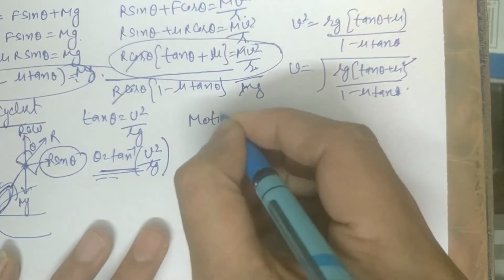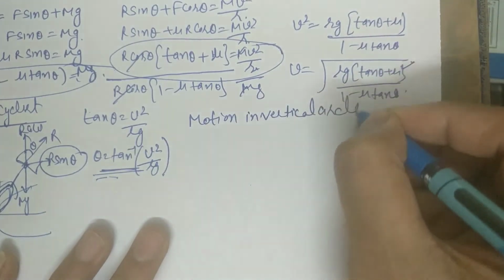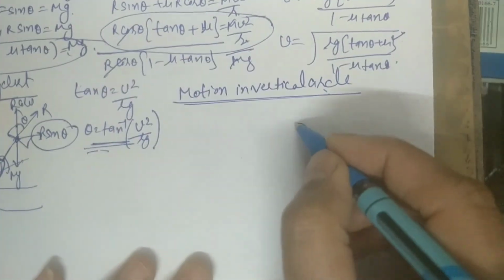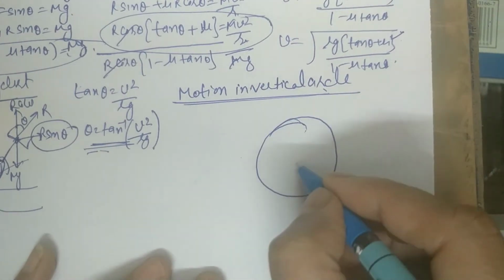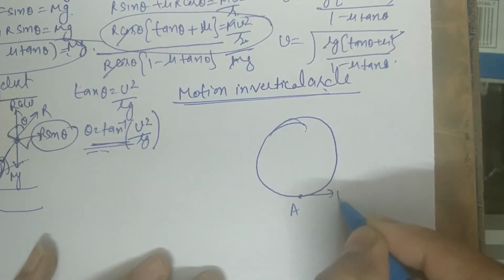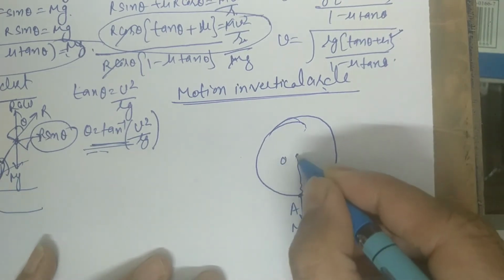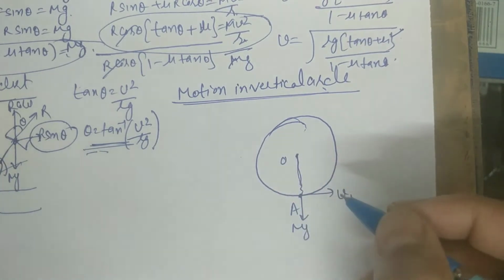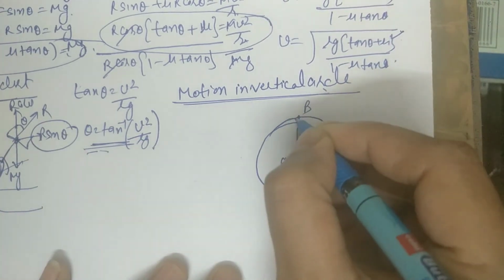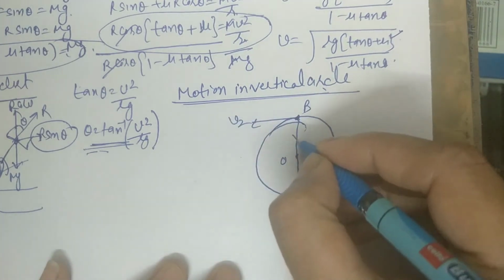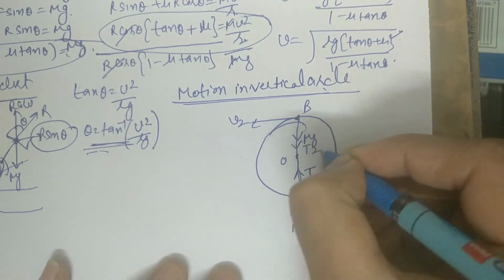Then one more example is motion in a vertical circle. Motion in a vertical circle means the body moves in a circular path, but in a vertical circular path. This is not horizontal. If we start the motion here, at the lowest point with v1, the body has weight mg. This is the radius of the circle, the string to which this stone is tied to move in a vertical circular path. This is our highest point. Again it has velocity v2, weight mg, but there must be tension. Here is T1, here is T2.